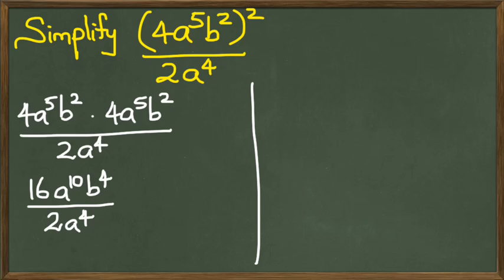Okay, I'm going to show you another way to do it as well. What's 16 divided by 2? 8. 8a^6 b^4. Now this was an ugly question, but okay, if you choose to do this the shortcut way,